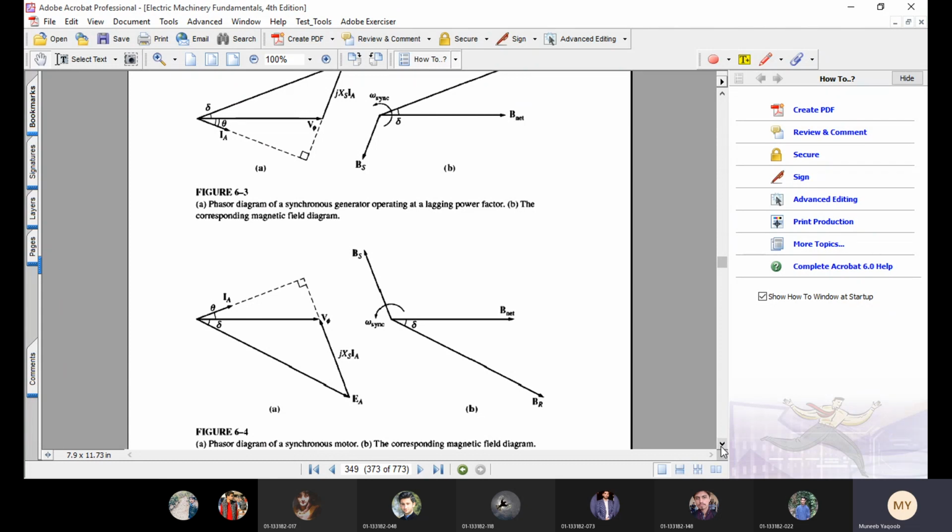We can notice that in figure 6.4a the internally generated voltage EA is behind the output phase voltage V5. So obviously it is a synchronous motor, because in a synchronous generator EA must be ahead of V5. So here EA is behind V5, so it is a synchronous motor. Similarly, in figure 6.4b, since BR is behind B net, it is a synchronous motor. Why? Because in synchronous generators BR is ahead of B net. And in the third case, in figure 6.4b,